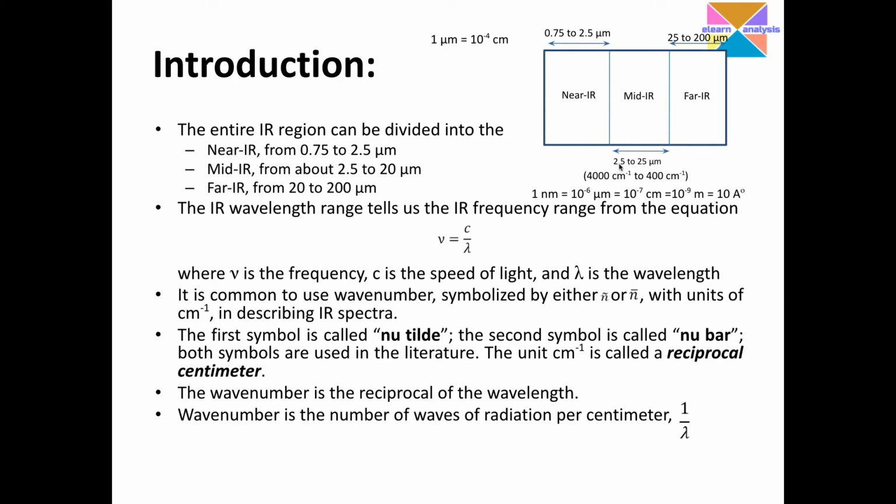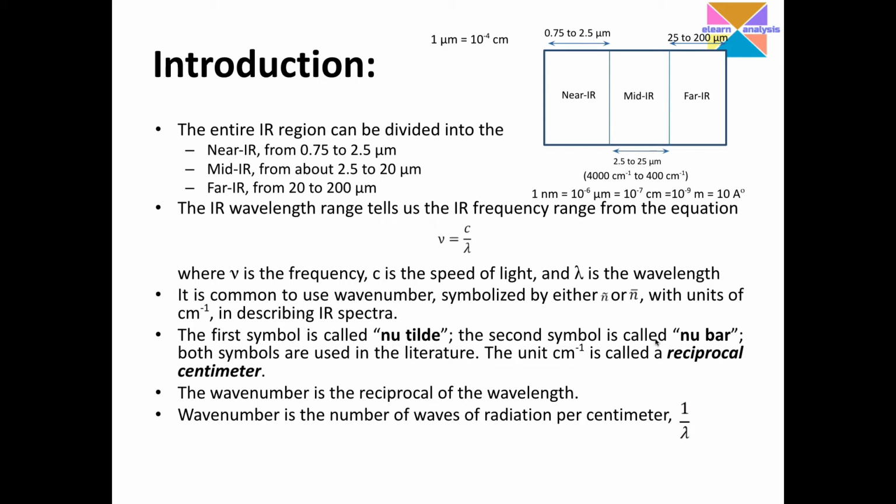I mean to say 2.5 micrometer or 4000 centimeter inverse, which is the wave number, since it is higher than 400, it can be directly correlated; it is more convincing that 4000 is more than 400, and 4000 is more energetic than 400. In order to have that sort of understanding, most of the chemists try to shift to the wave number but not the